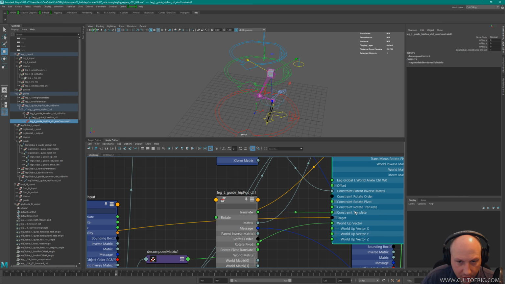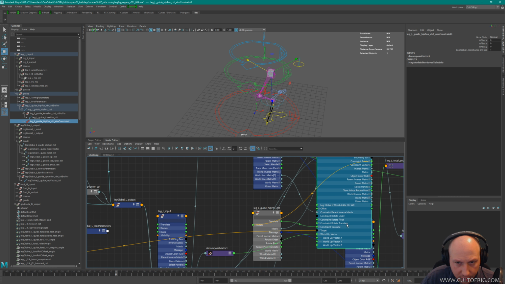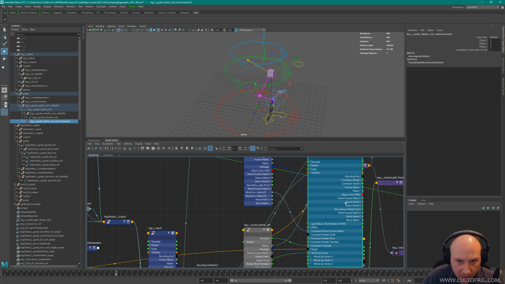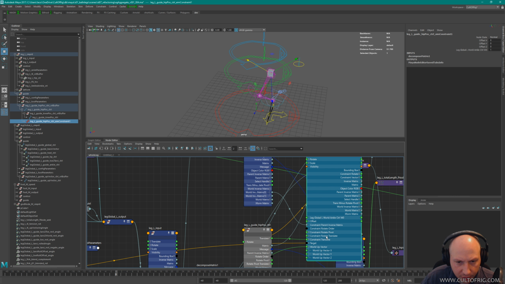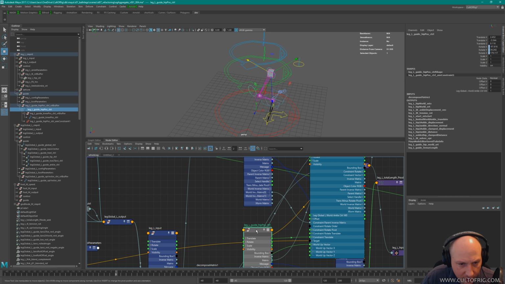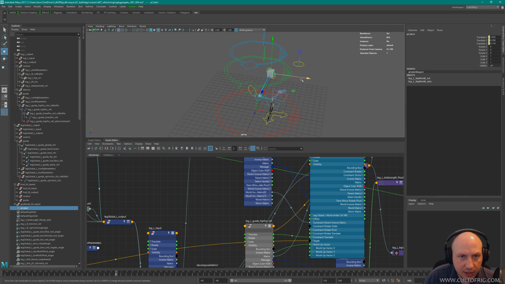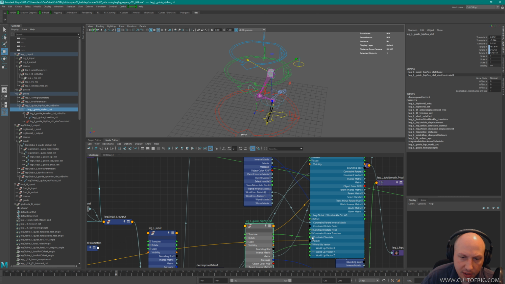Up vector, we've already done. What else am I missing? The rotate is the genuine output of these. Are we getting the translate of these from anything? No. So what that is doing, let me actually show it, is that by knowing the translate here, it can do an offset, and as you do that, it can keep rotating these to point where it needs to. So if you look at that z-axis, it's actually kind of nifty for some stuff. Again, I get why they're doing it,